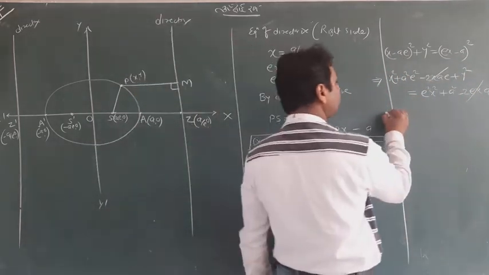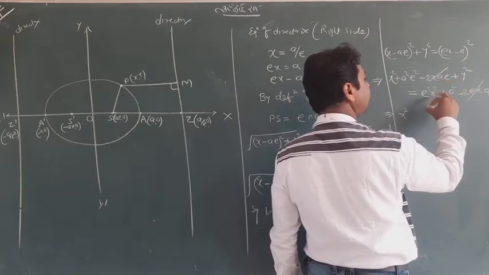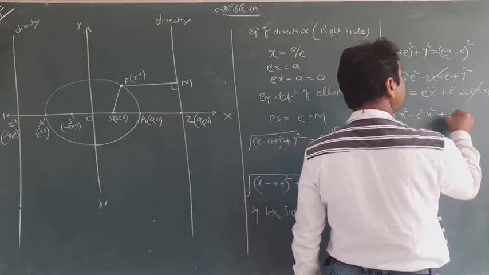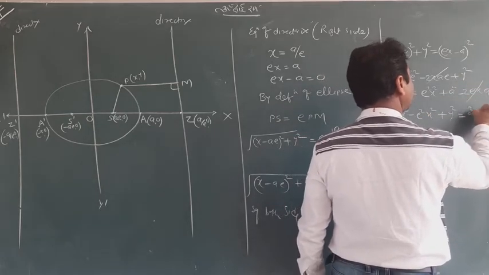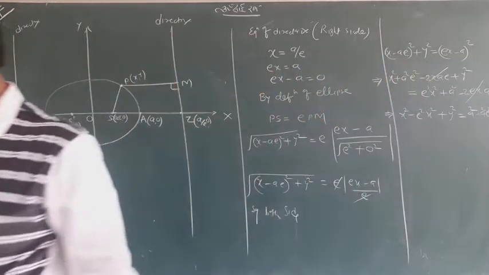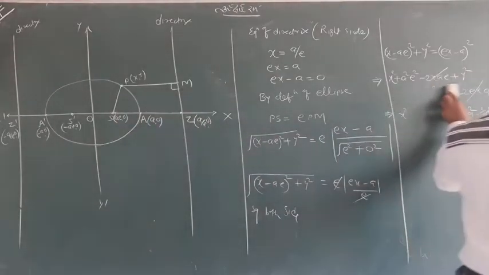And now I do something. I will put x square here, then I will take E square x square along with it. I will take y square here. Then I will write A square. Hope this is visible. That side is visible. That is not looking very good, and it is very important, so let me write it again.